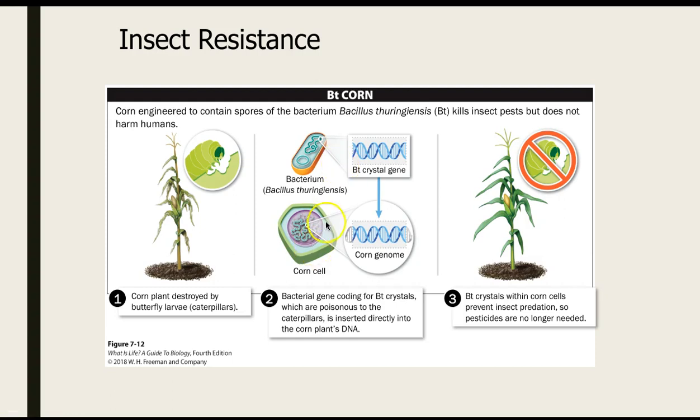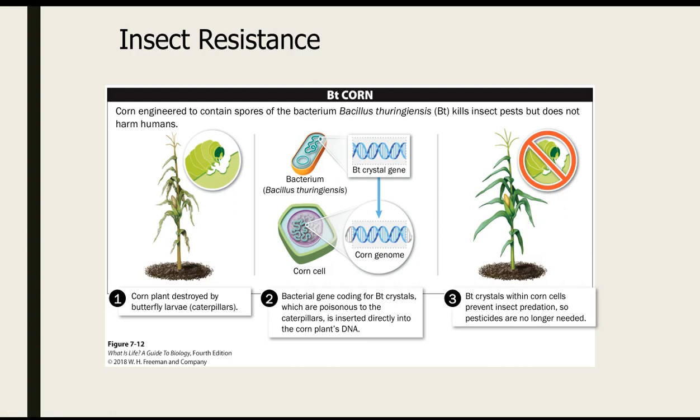When a caterpillar eats the BT, either in the bacterium or in the corn, the caterpillar dies. It only kills caterpillars. So when you put that back into the ground and you plant the seed and grow up the plant, the moth lays its eggs on there, and the caterpillar tries to eat it, but it dies. So the pros of this, the good side of this, is that you don't have to spray